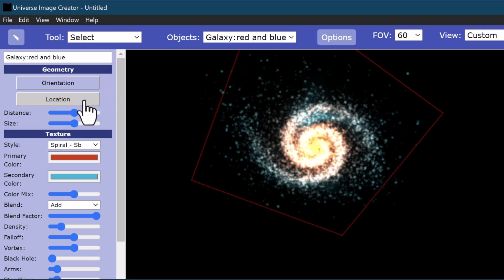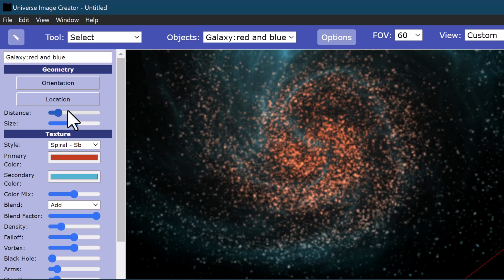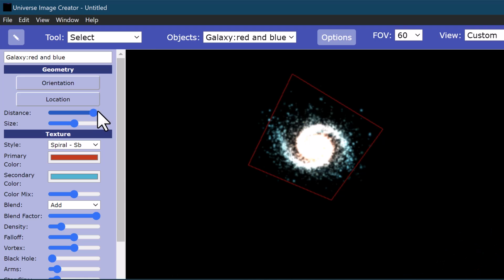We've talked about the orientation and location. Now let's just quickly look at distance and size. All of these, or most of them, are based on a slider. So if I click on this slider and move to the left, I will move the object closer to me, so it'll be less distant. If I move it to the right, it's going to make it further distance away from me. Okay? So that's the distance. For size,